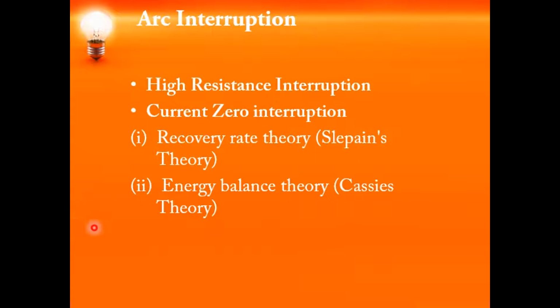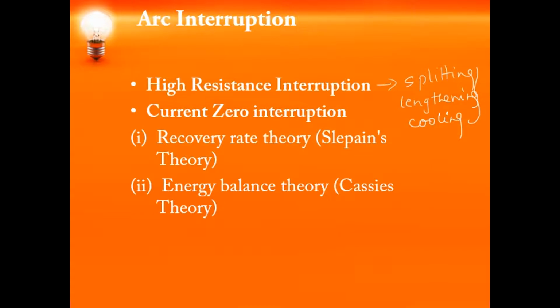One is by splitting the arc. The other is by lengthening the arc, or by cooling. You can use any of these three techniques so that the resistance is increased and the current is reduced